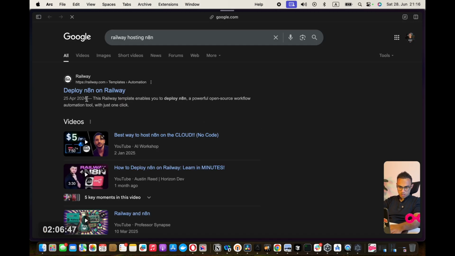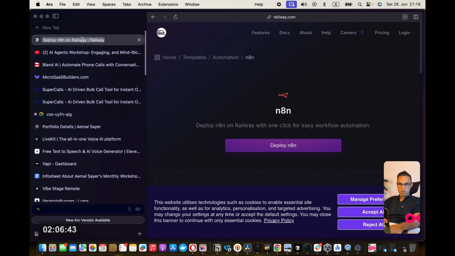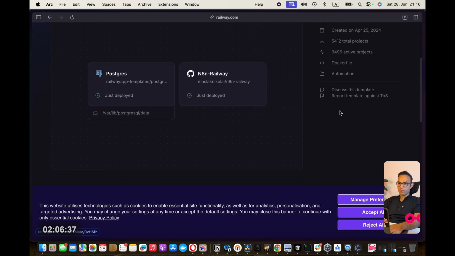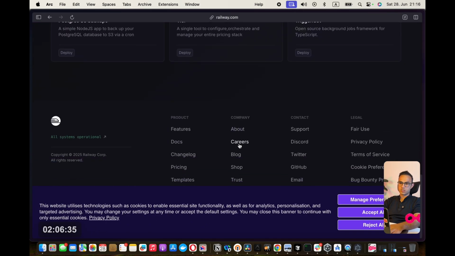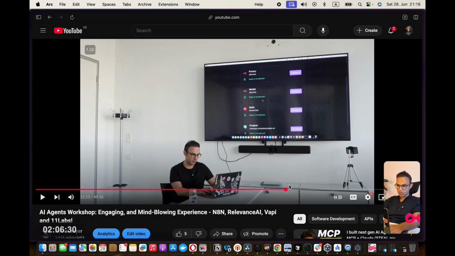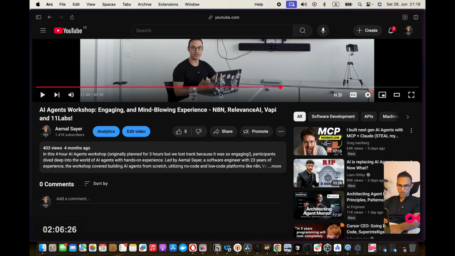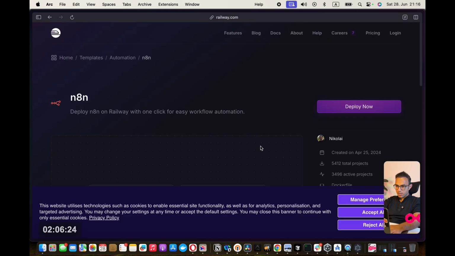So you can go to railway.com. This is the server that I'm recommending and using, and it is a very nice solution. You can literally, with a click of a button, deploy the entire Postgres and a lot of images. It has a bunch of images, and you can watch me giving step-by-step instructions in this video, which was 4 months ago.